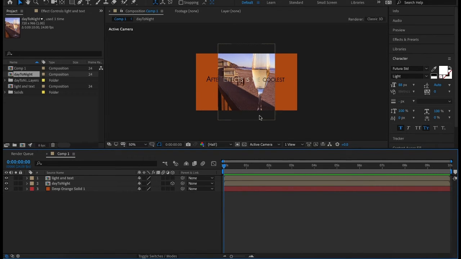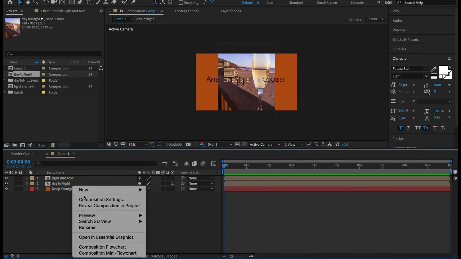Some examples when I may use a camera would be if I wanted to kind of fly into the scene. You could do it with zoom, you know, scale. But sometimes it's nicer to do it with a camera, especially if you had particle effects or layers that you want to look like it's coming by. You could use a camera. Again, you could use other tools that we've gone over. There's always more than one way to do something,